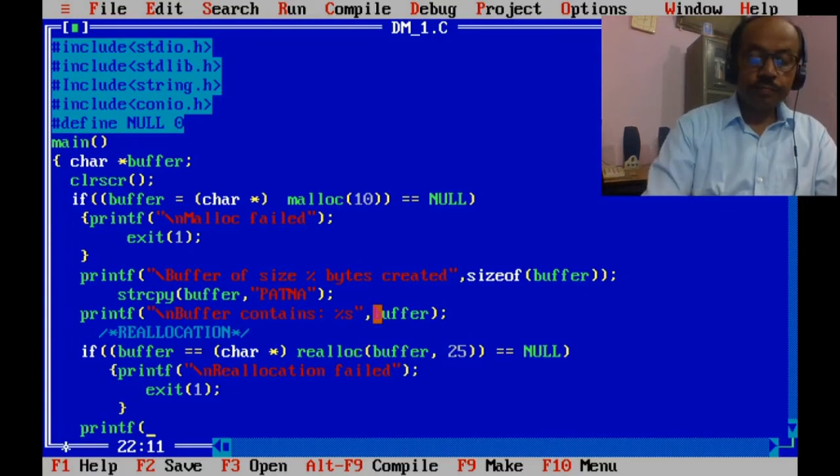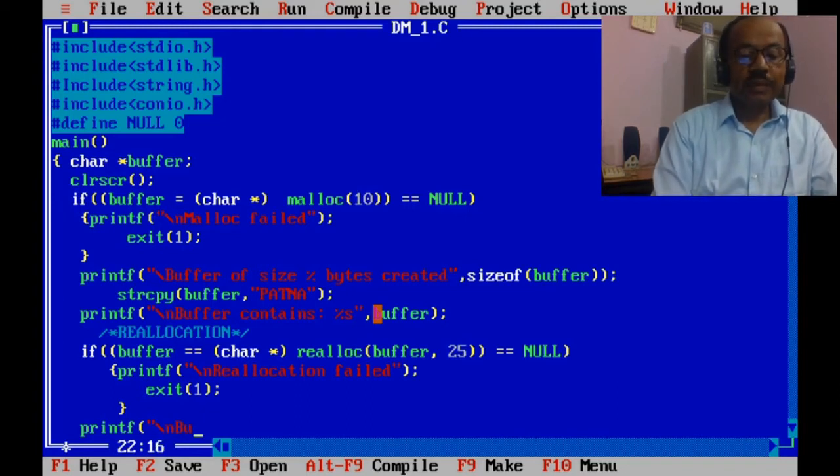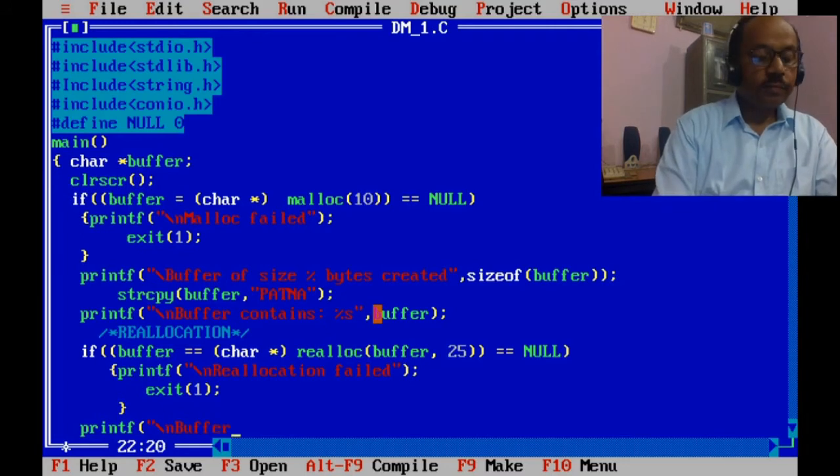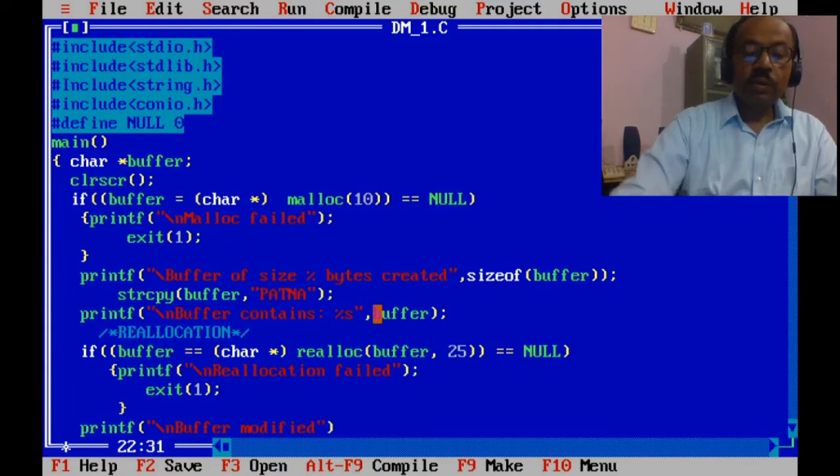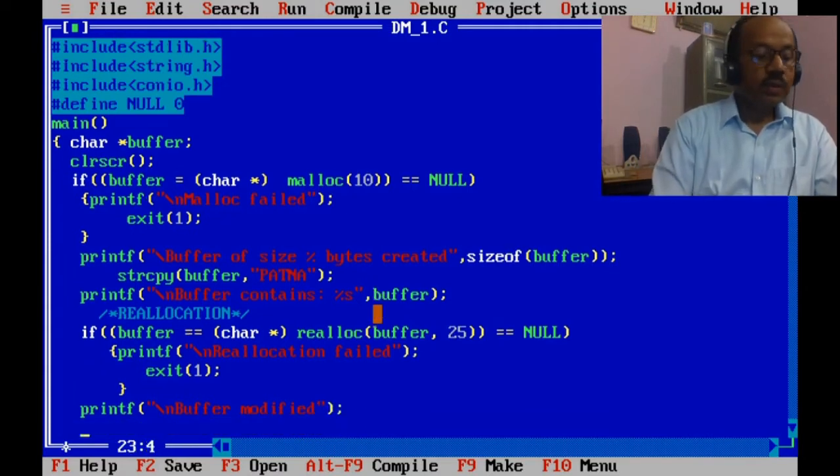Printf \n. Here I am displaying a message: buffer modified, but buffer still contains the same value.